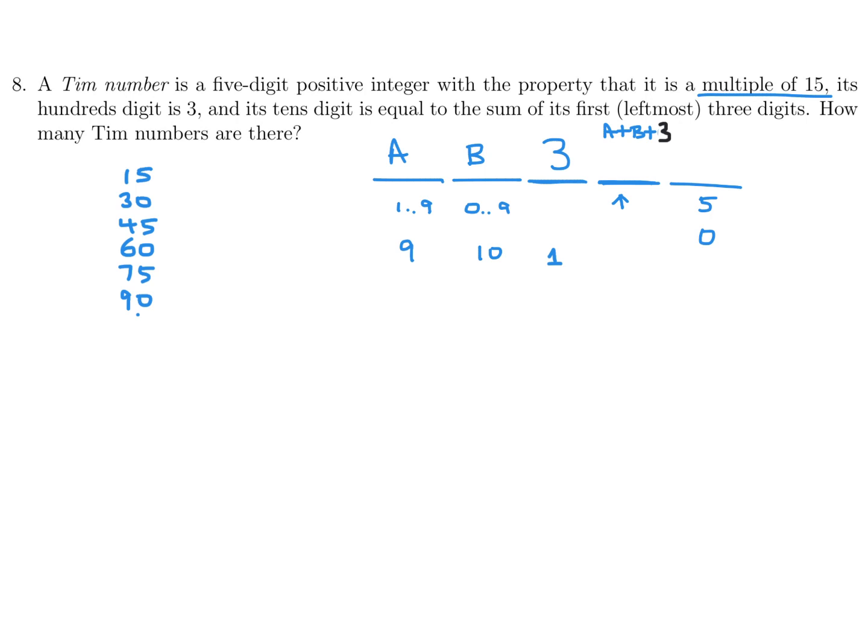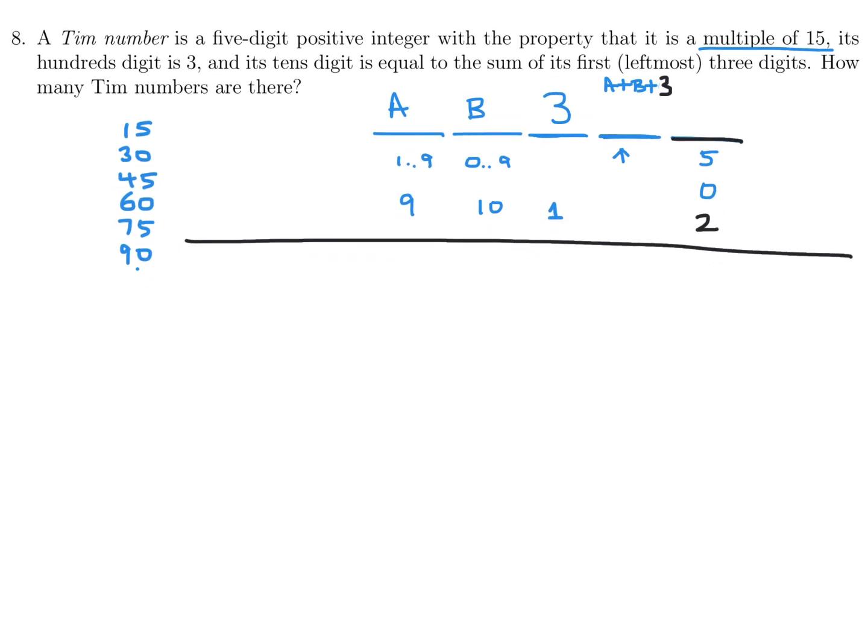I don't know. Well, let me think about that for a second and come back to it. The last one, of course, there's only 2 choices. A plus B plus 3 is not as obvious. So I think I'm going to have to make a table here. And then I'm going to also have to take into consideration that the whole thing has to be a multiple of 15. If it's a multiple of 15, it's also a multiple of 5 and a multiple of 3. And with the divisibility rules,